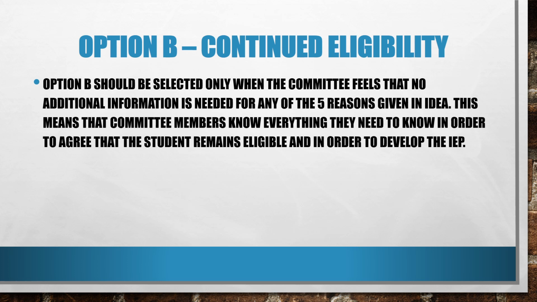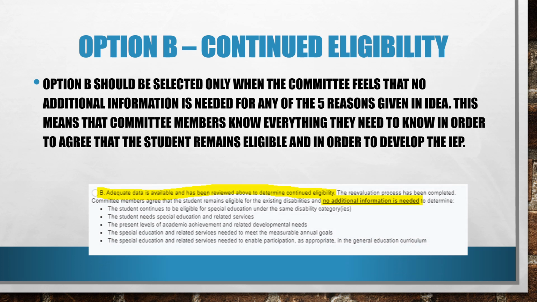The current progress monitoring and data is sufficient to show that the student would remain eligible for special education and related services in the same eligibility areas. Because the team is agreeing that the student is progressing with all of the same areas based on the current data, this is used when no areas will need to be changed or considered for eligibility. Disability categories cannot be changed. The student will remain eligible in these areas for the next 3 years unless the IEP team meets sooner and considers a different option.